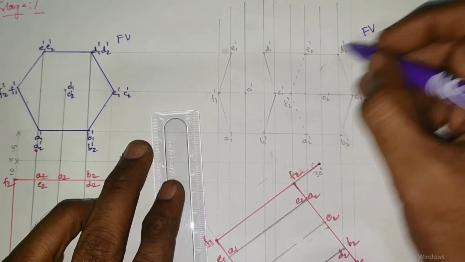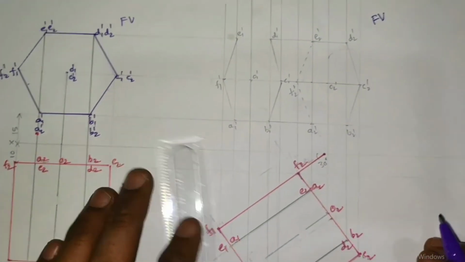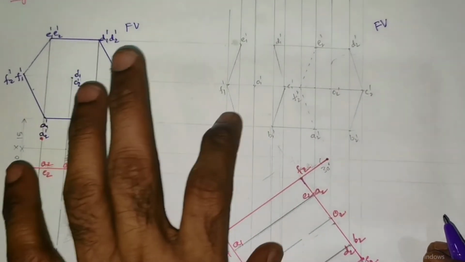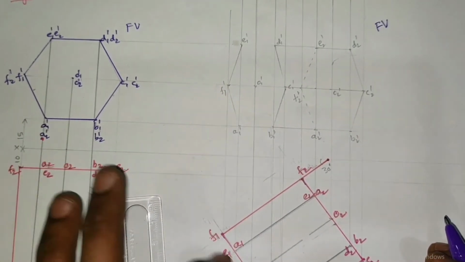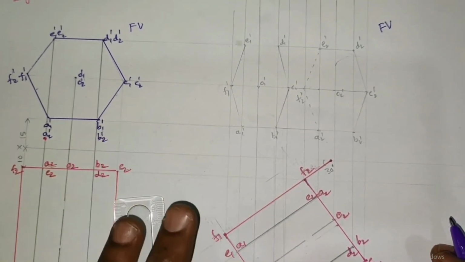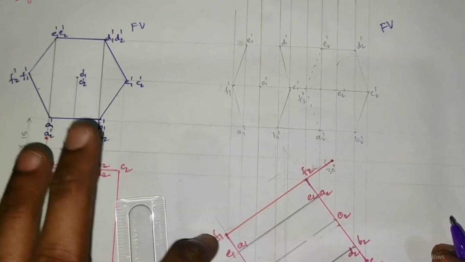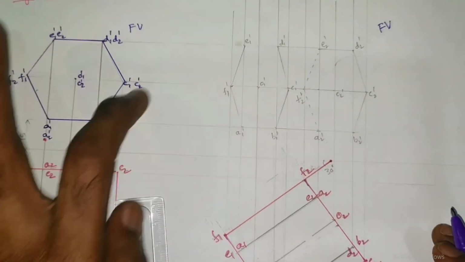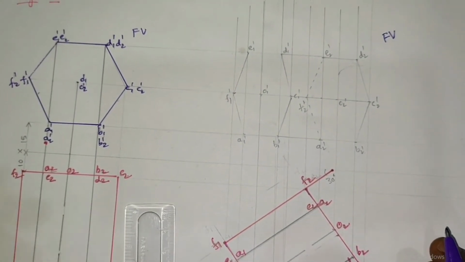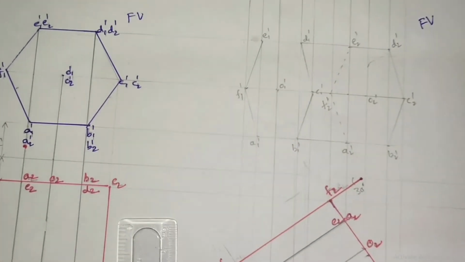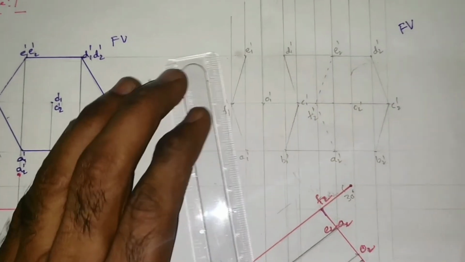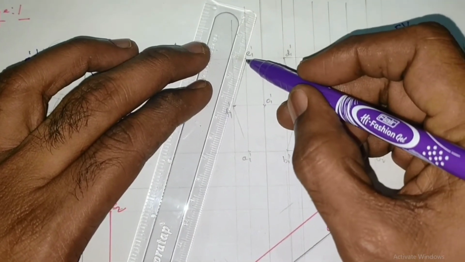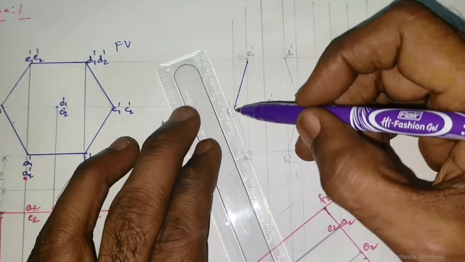Once all the points have been located, it is very simple. The vertical projections and the horizontal projections should be marked with respect to the same corner points. If it is considered from f1, the horizontal projection also is to be considered from f1 dash, like that. We have to continue in that fashion, and once it is over, we have to complete the front view. The corresponding front view will be in this way.